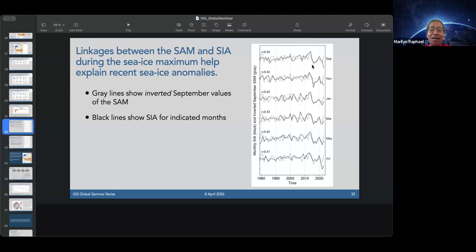But the question I have also comes from this diagram, and it popped into my head when you put it up earlier. There is, as you noted, a really strong correspondence between the two indices from 2014 onwards. And I'm looking at the correlations. The correlations for a data set of that length are quite high. Usually you'd expect something like 0.33, and that's significant.